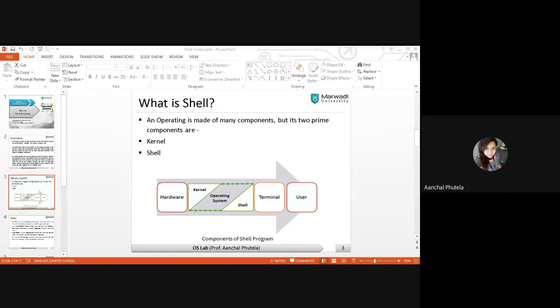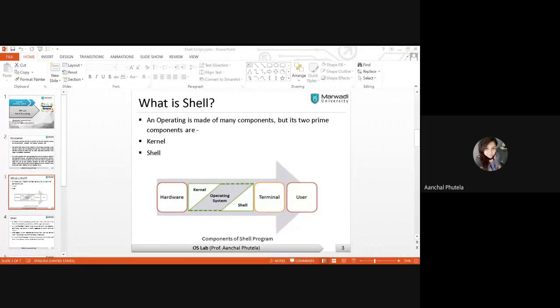A shell is an interface provided to the user so that the user can write commands through the terminal to the shell. The shell gives these commands to the operating system, or the kernel. The kernel processes all these commands and, after processing, gives results back to the user through the shell only.